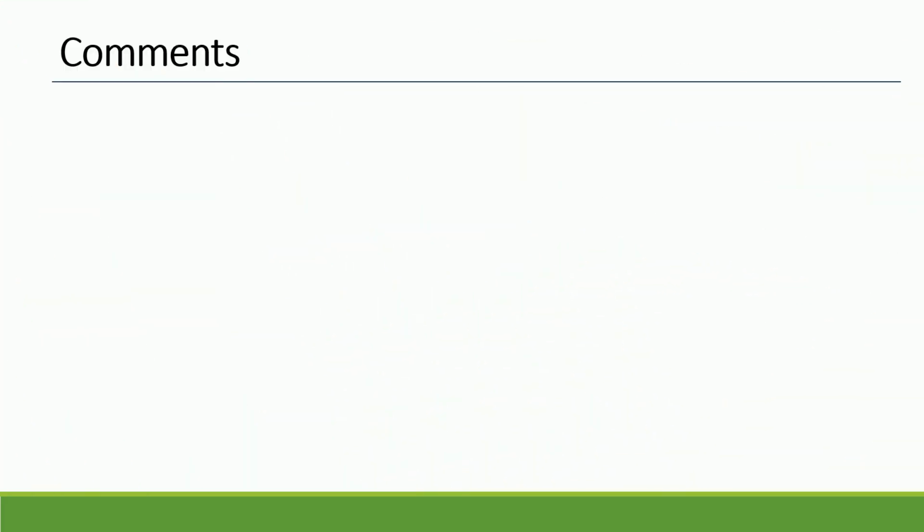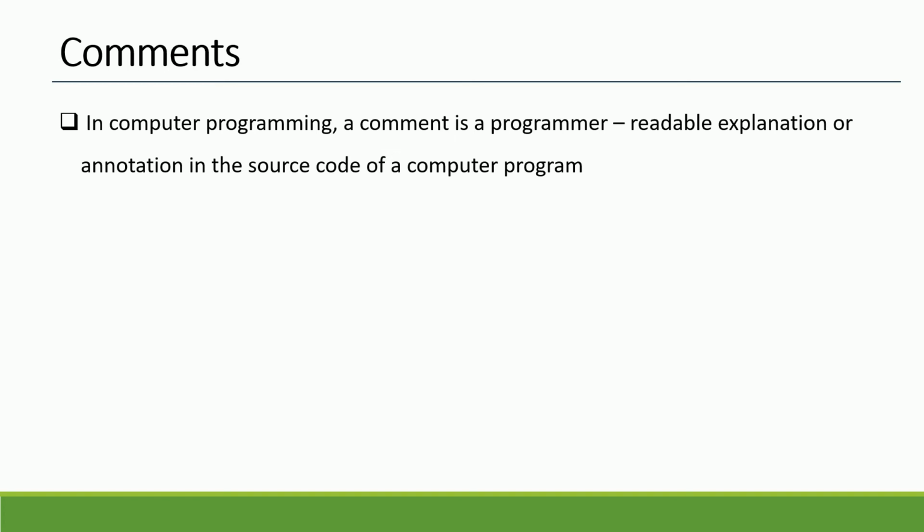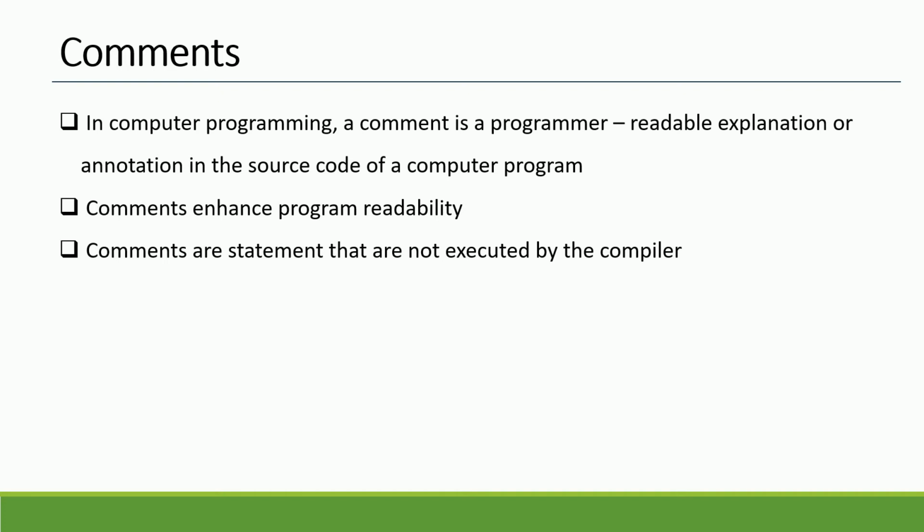First we wrote comments in our program. So let's talk about what comments are. Comments are used in a program to clarify either the purpose of the program or the purpose of some statement in a program. Imagine someone else is reading your code; he will easily understand what the program is doing, or what a particular line of code is doing, by reading the comment. Comments also enhance program readability, as they provide more description about the code. The most important thing is that comments are ignored by the compiler.